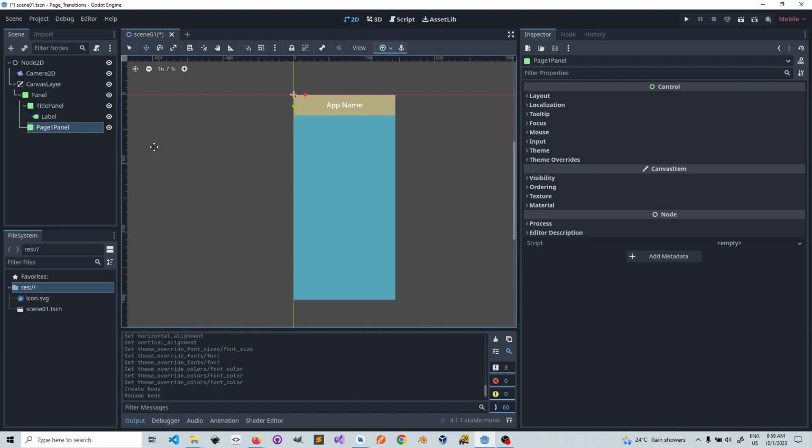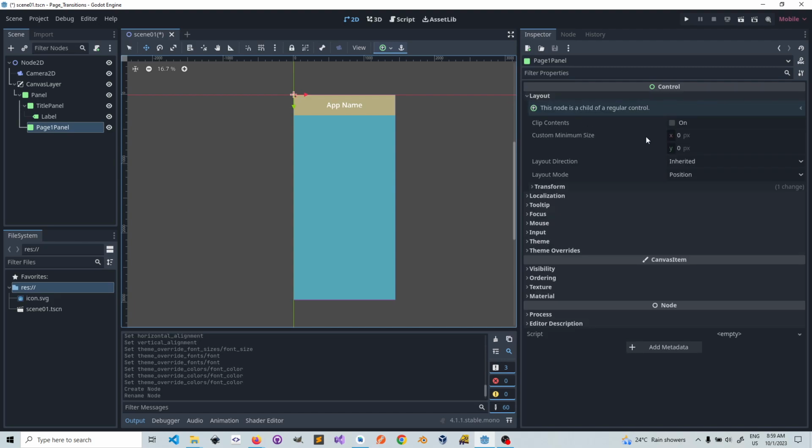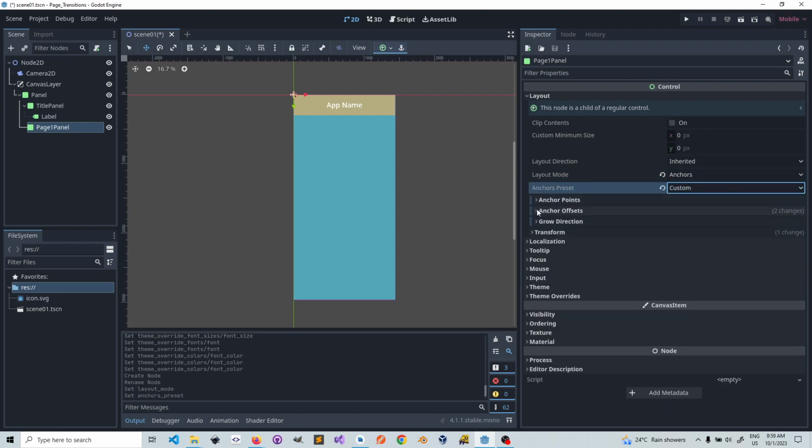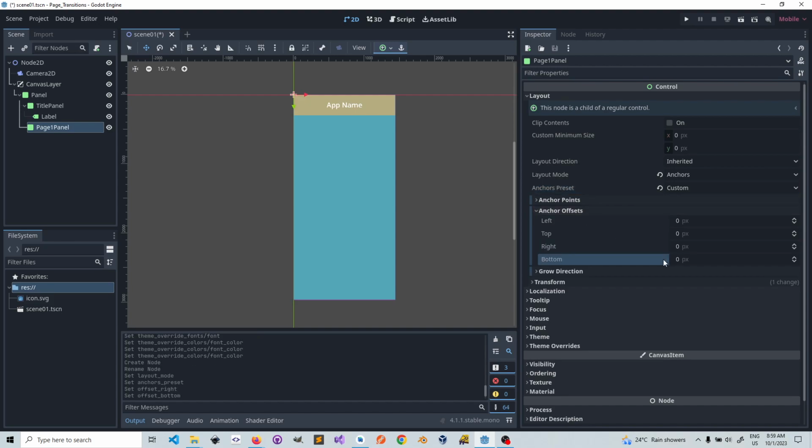So what we'll do, since the two pages are going to be similar, we're going to create the first page fully first, then we duplicate that, and then change some of the settings to create the second page. Okay, so for the page one panel, first thing, like I said, it's going to be positioned here on the left hand side. So we go to layout, we set the layout mode to anchors, presets, don't forget, this is going to be custom. We always remember to come here and zero out the presets and the offsets, and then under anchor points,